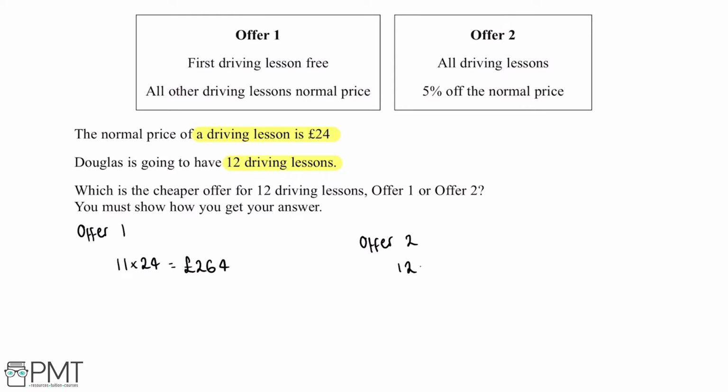So 12 multiplied by 24 gives us an answer of £288. So now the final thing we need to do for offer 2 is work out how much the lessons will cost after taking 5% off the normal price. So if we take 5% off the normal price, this means it will be 95% of the original price. So we can multiply 288 by 0.95 to work out what 95% of 288 will be. And this gives us an answer of